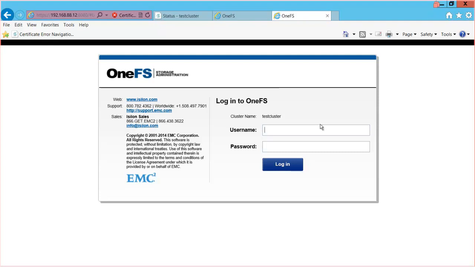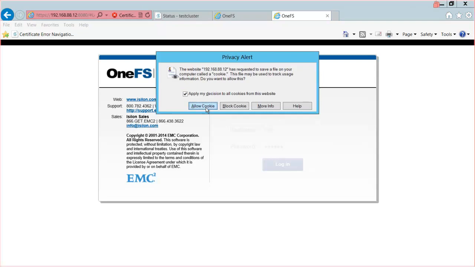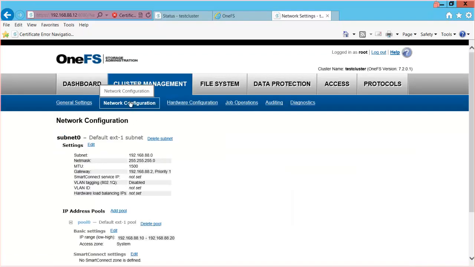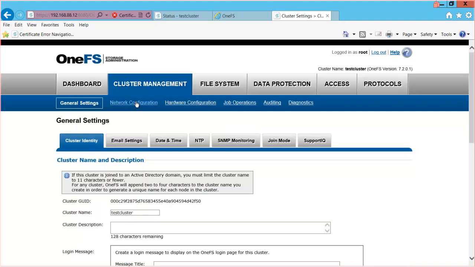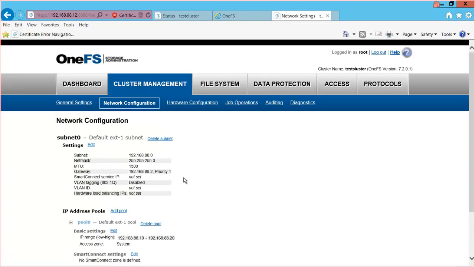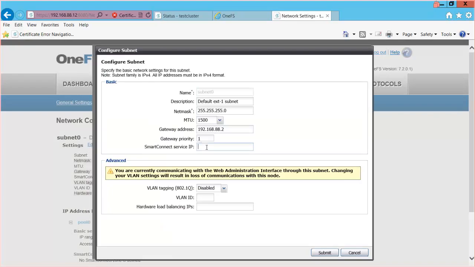So I will just log into Node 3 here as root. And you can see cluster access can be gained from any node in the cluster. I go to Cluster Management, Network Configuration, and from here we can configure our Smart Connect zones. So I go to Subnet, I click on the subnet, subnet 0, I select Edit, and now I want to put in my Smart Connect service IP,